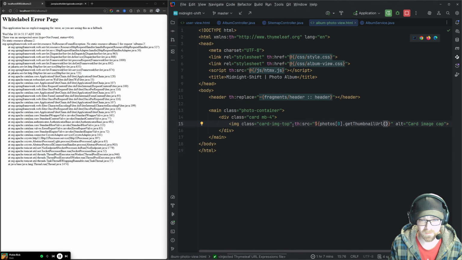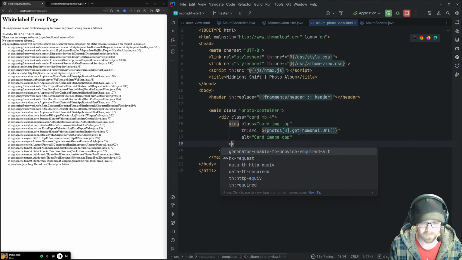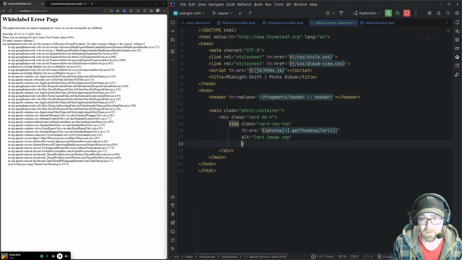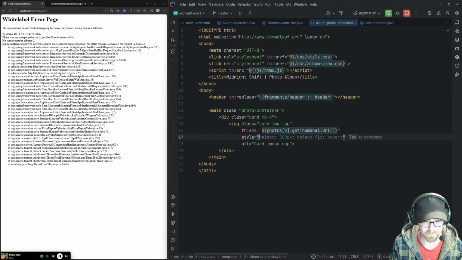Okay, so this is class card top. Hit this, do that, do this. I guess what I want here is alt is that, source is that, style. I want this guy to, is it cover?